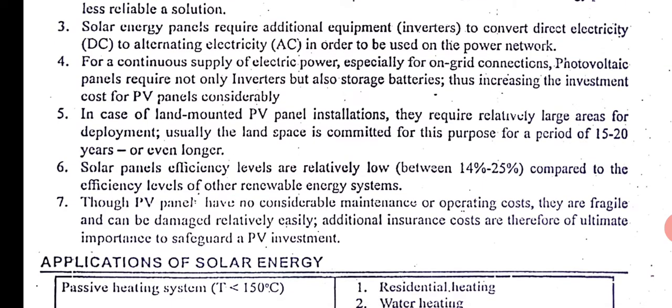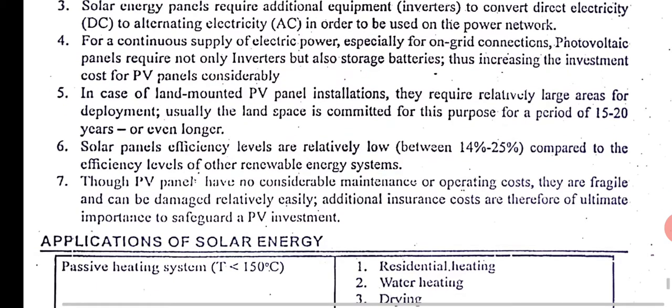If you are not connected to the grid, if it is only a standalone photovoltaic plant, then you require batteries also. And batteries are very expensive, and they have a very limited life of 4 to 5 years. So that is an expensive proposition. That is why solar PVs are not popular. Otherwise, all the houses would have installed solar PV by now, because the sunlight is free, and the inverter cost is also not much. Now the photovoltaic panels are cheap, and the inverters are also cheap. But the only thing is the battery cost is very high. That is the only deciding factor.